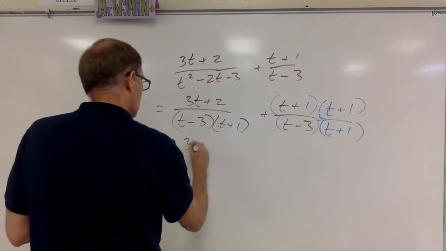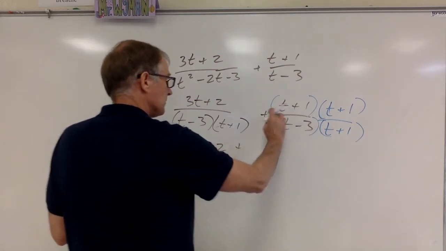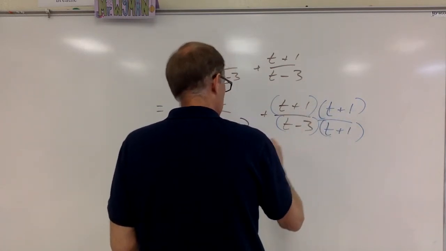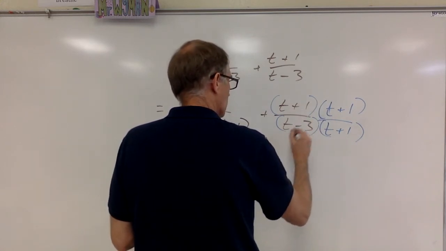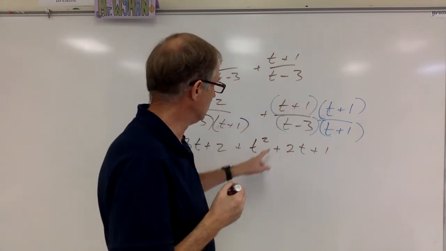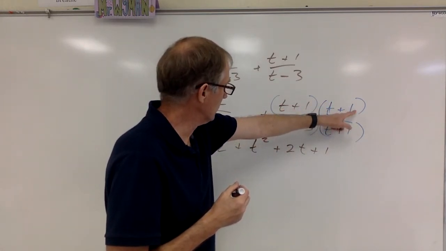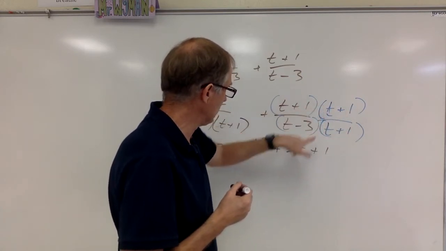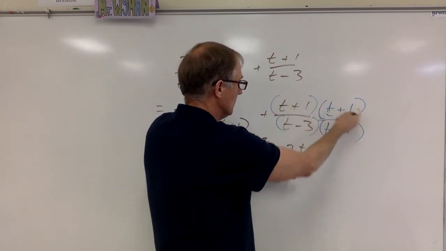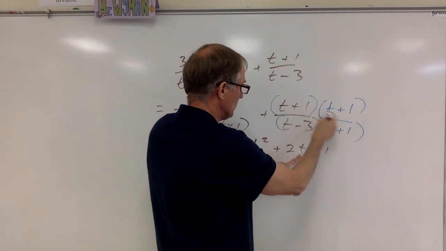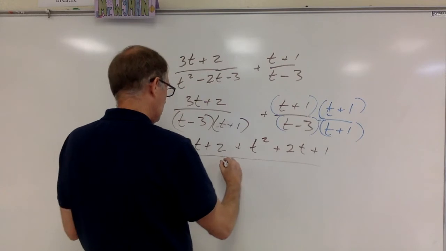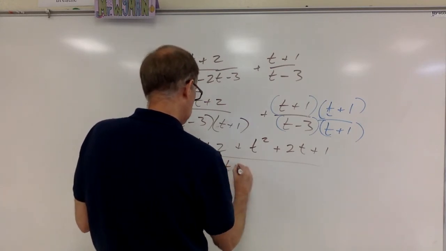That's going to be 3t plus 2, plus (t plus 1)(t plus 1), which is going to be t squared plus 2t plus 1. How did I get that? t times t is t squared. t times 1 is t. 1 times t is t. Add them together, you get 2t. So this 2t comes from doing FOIL, right? I'm adding those together: t times 1 plus 1 times t, that's that. And then 1 times 1 is 1. All divided by our common denominator of t minus 3